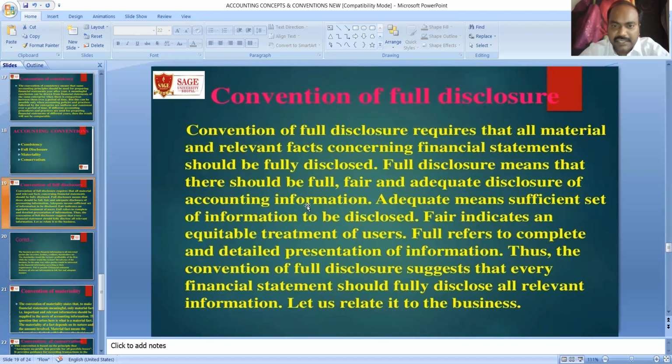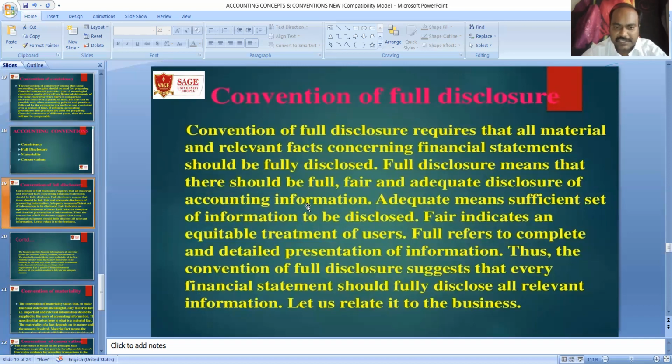We should not hide any information. Adequate means a sufficient set of information to be disclosed. Fair indicates an equitable treatment of users. Full refers to complete and detailed presentation of information, and thus the convention of full disclosure suggests that every financial statement should fully disclose